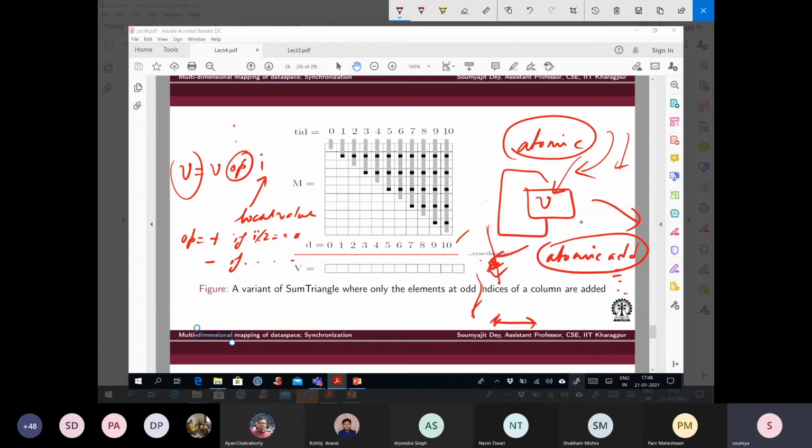Rather than that, if I have this atomic add as a lower level instruction, possibly things will be much faster. So that would be my explanation of what atomic add is. I just tried to give you an idea of how critical sections and stuff like that are implemented in parallel programs as well as firmware and all that.